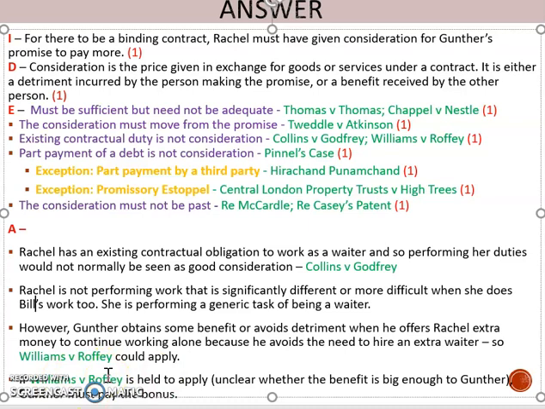Okay, so I hope that was helpful in showing you how you go about applying the law on consideration. Obviously, depending on the scenario, it might be different rules that you are talking about or focusing on. So I recommend that you have a go at using the IDEA structure that we've just been through on as many different mini scenarios on consideration as you can, so that you feel really confident in tackling this in the exam.